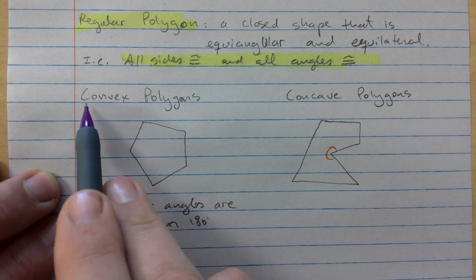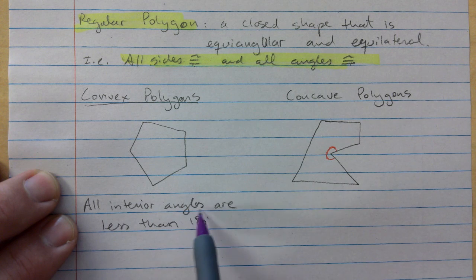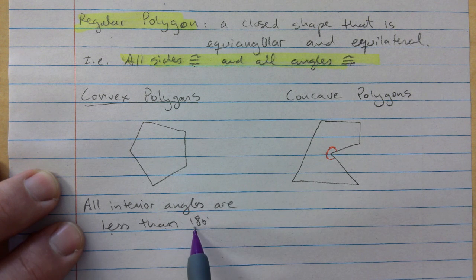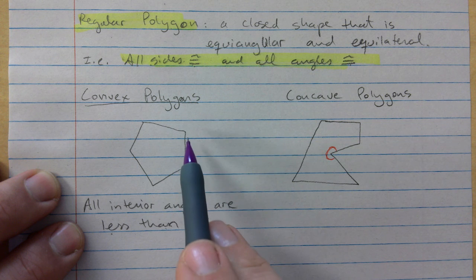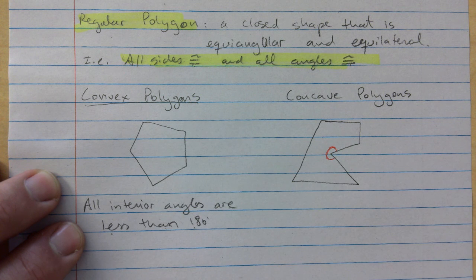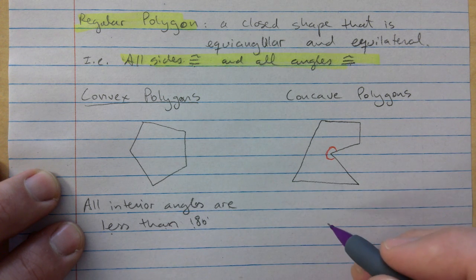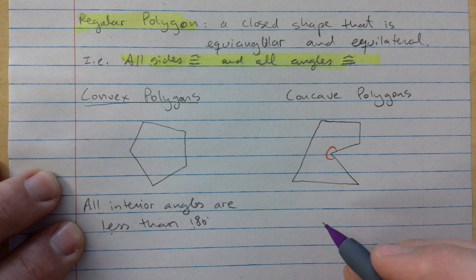And for a convex polygon, all interior angles are going to be less than 180 degrees. So all the interior angles on the inside are going to measure less than, and a concave